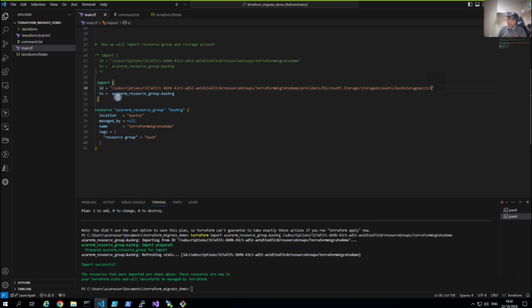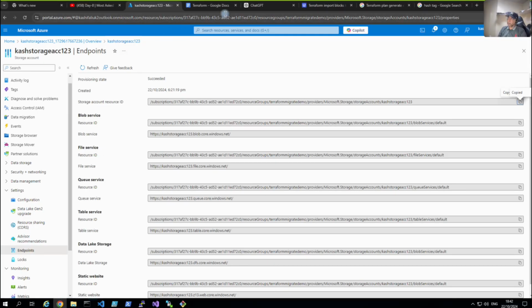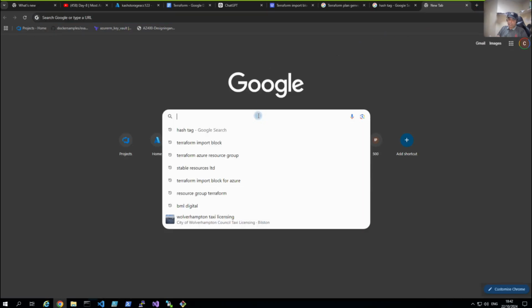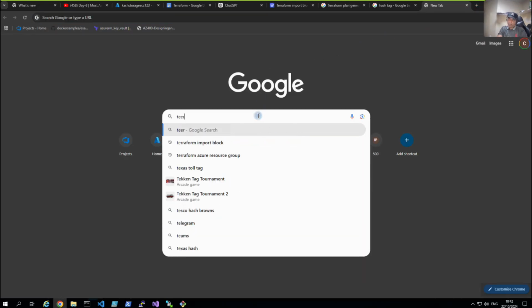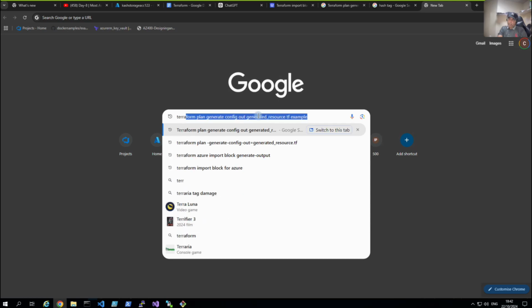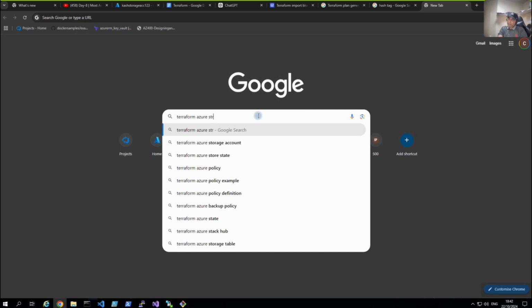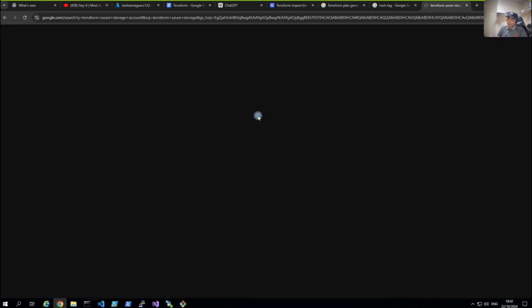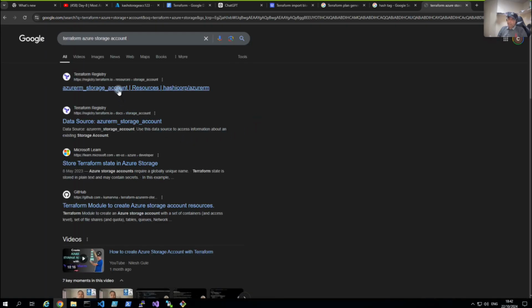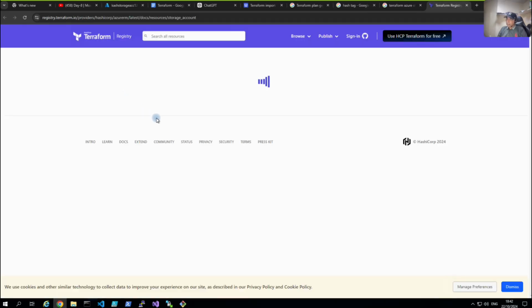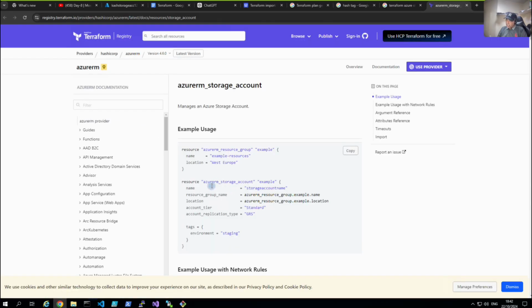And what is this called? So if we can search it, if you go to Google and say Terraform Azure storage account, and if we go back here, so we just need to see the syntax. So yes, azurerm_storage_account. Just copy that